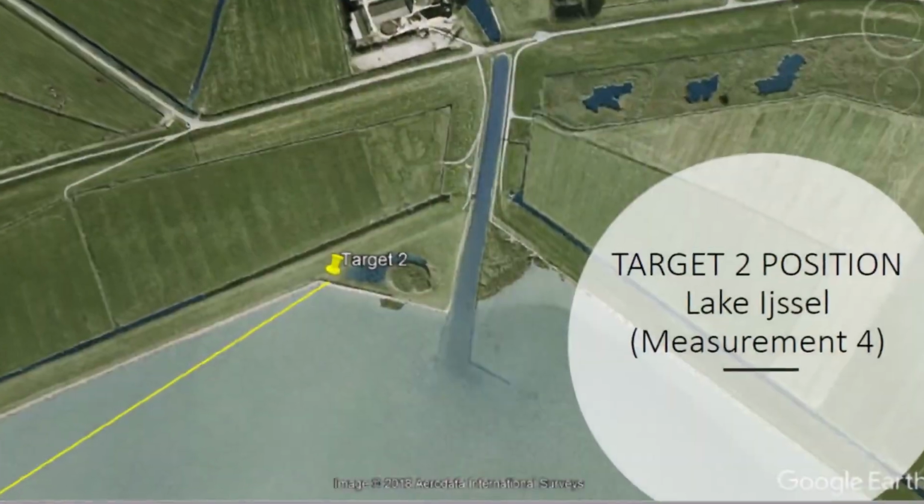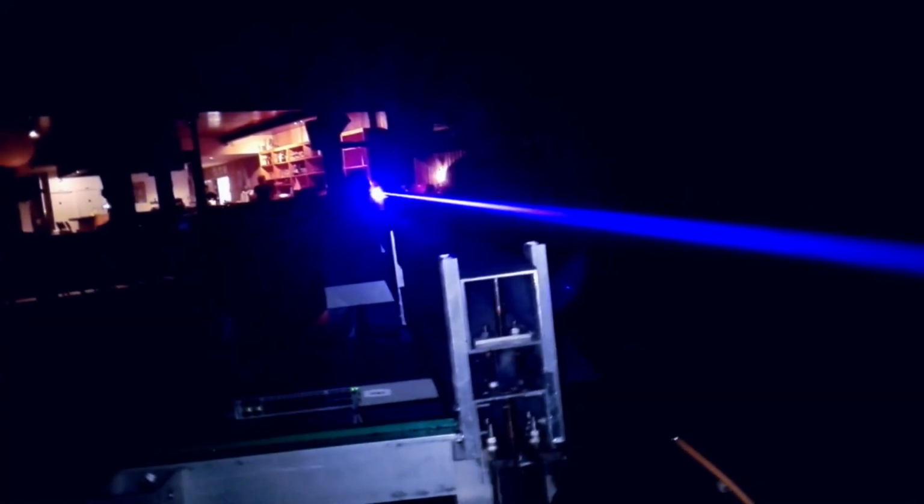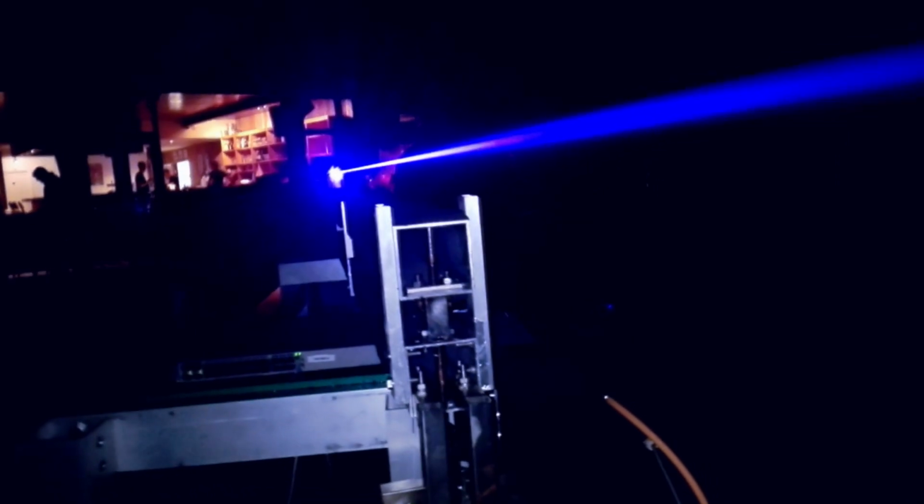Measurement 4. After the measurement at Target 1, Mike and Patrick drove 30 minutes to the Target 2 location. Target 2 was selected because it would be within 17.5 degrees panning limit of the salad. Since the salad had been calibrated at Target 1, the automatic GPS system now required only a new coordinate to automatically target that position. This was the first field test of the new GPS TLT software, so it was an